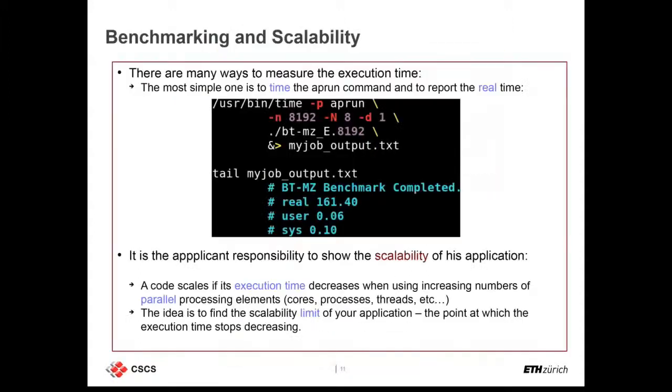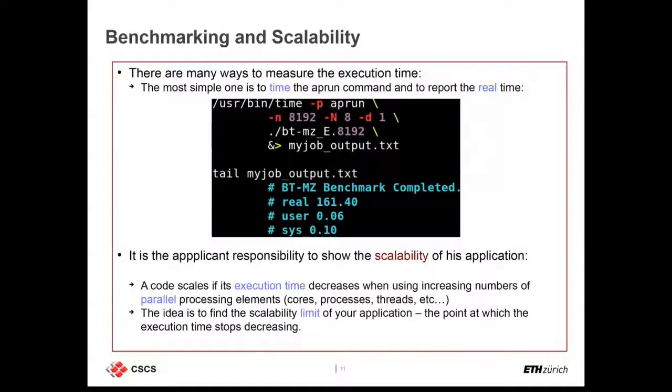Okay, so the first step is to measure the execution time of your application. There are many ways to measure it, but the simplest one is probably to time the aprun command and to report the real time that you get.